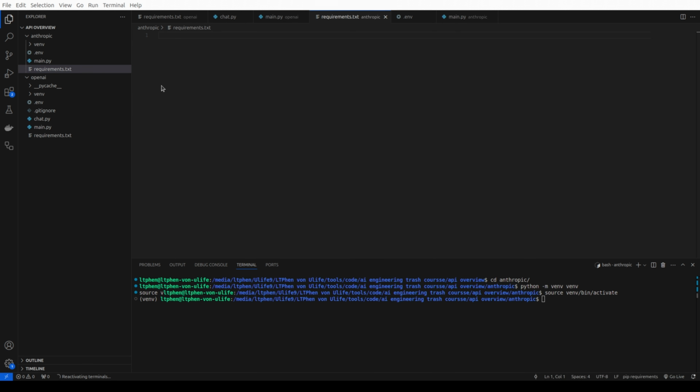Okay, so now that we have this, we can put all our requirements here. So let me just add the list of dependencies that we have. We need the dotenv, and we need the Anthropic API. This is the latest version of Anthropic. To change the version, you need to make sure that the API matches what we did in the video before changing this version here. So now we can just do a pip install